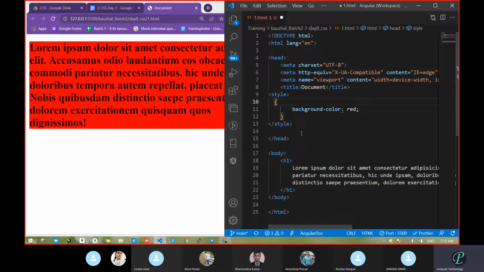We had passed it with the help of a tag. H1 is the tag, but I do not want it with the tag. What is the other option? With class, sir. Class, ID. A span is no need, because a span would sit anywhere in the middle; if you have to pass it, you would use a span because that is inline. So what is the other option? Passing with class and ID. Correct. So go with a class or ID.